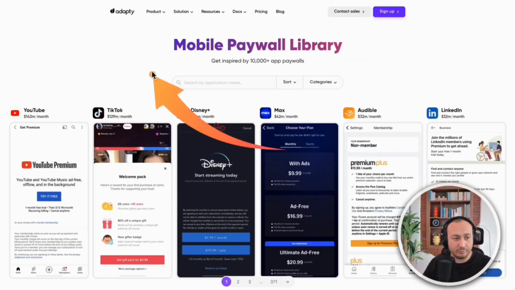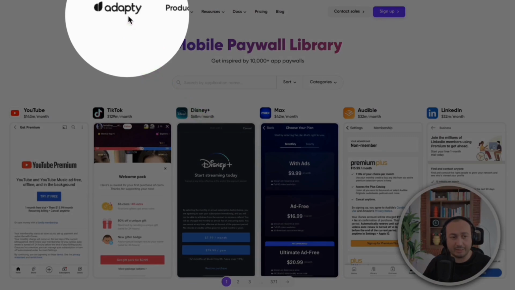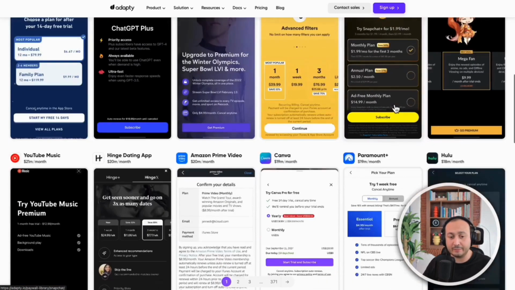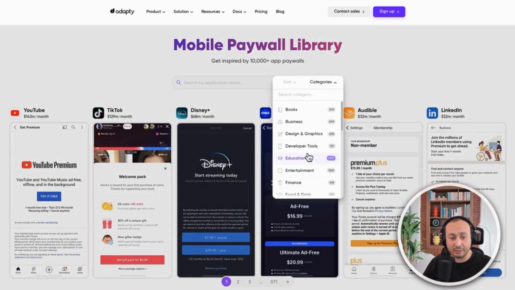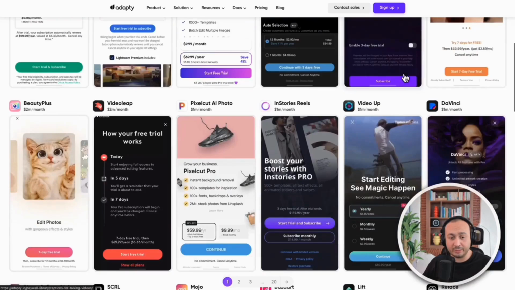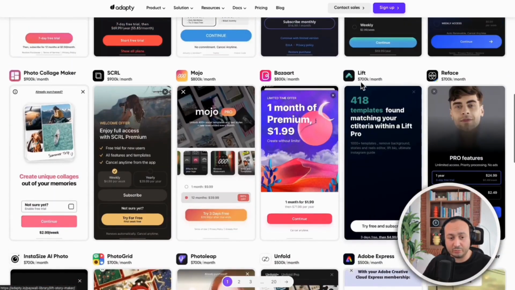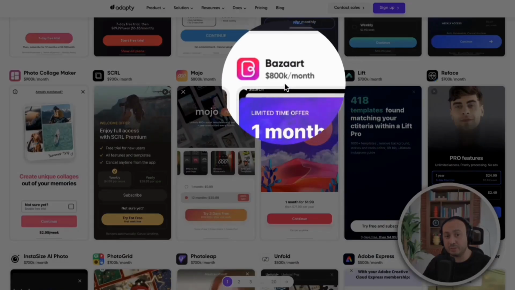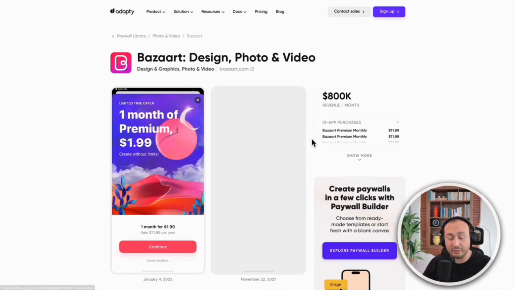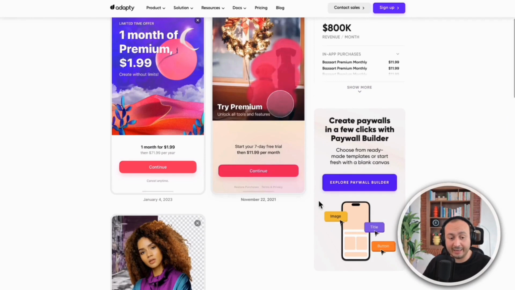Very simple. We will go to our website called adapti.io. This site will provide me with several applications that are categorized. You will see that here I choose a category, for example, and it will give me information on several applications. For each application, it will provide information on how much it earns per month. And these are pieces of information that will help me delve a little deeper into the application